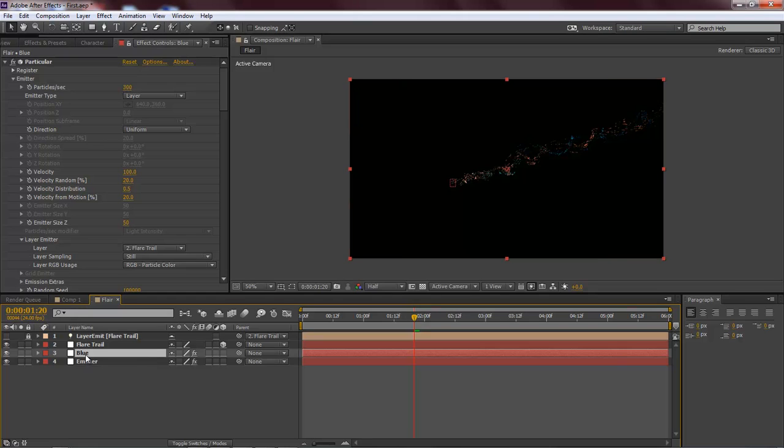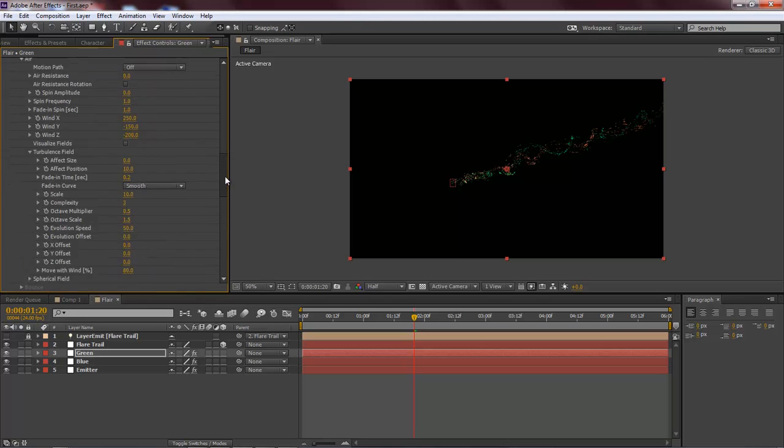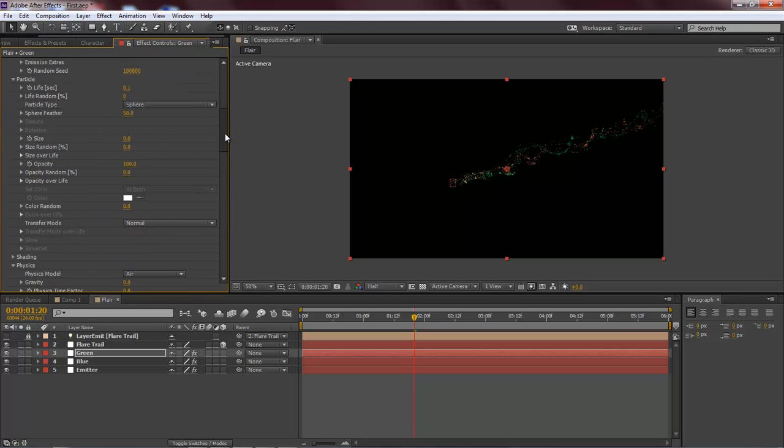Okay, so now the next thing we want to do is we want to duplicate this once more, and we want to name this one green. And then we're also going to come down and we're going to hit this green color swatch here, and this is going to set these two colors for us. Then we're going to come back up